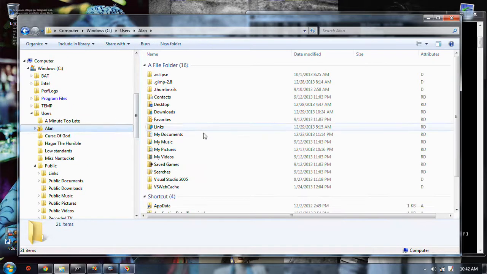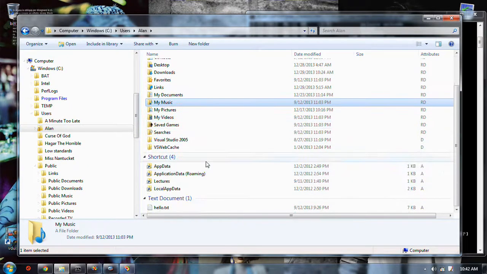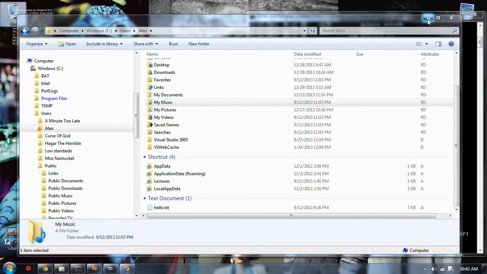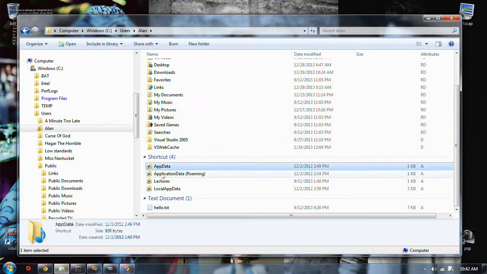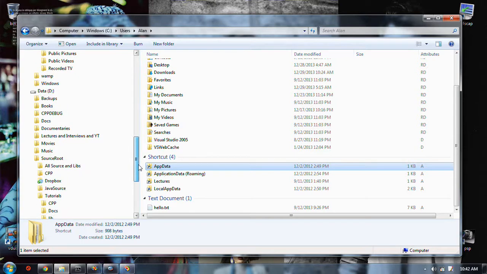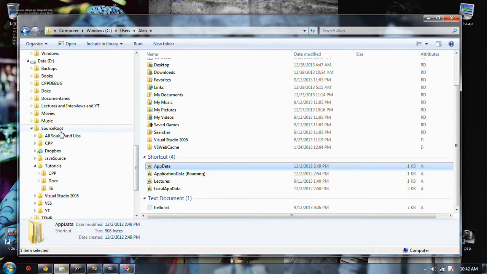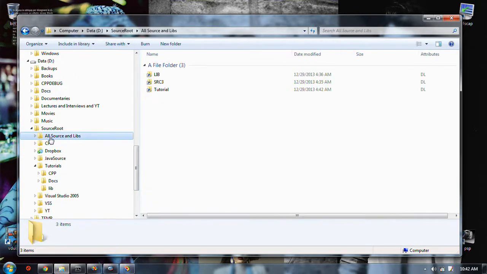if you go here, I do have some actual shortcuts, and it says shortcut, right? These are little .lnk files. That's a shortcut, and that's a shortcut. But these are not shortcuts, or it doesn't say so. It's a junction.